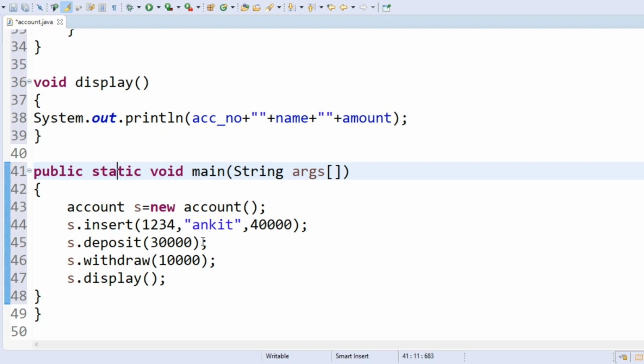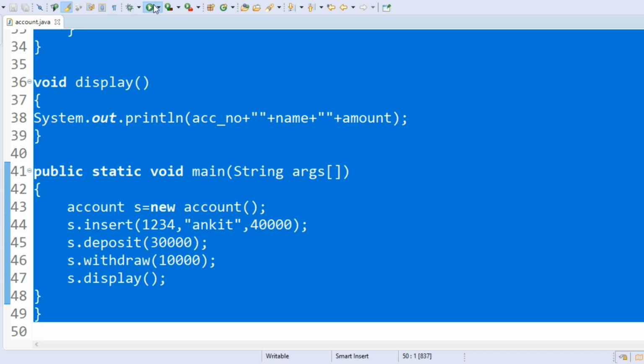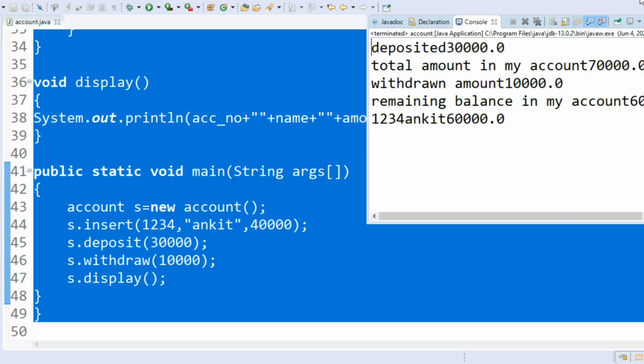So now let us compile it. First save, after that compile. After compiling, the amount deposited is 30,000 and the total amount in my account becomes 70,000. Initially I have 40,000.